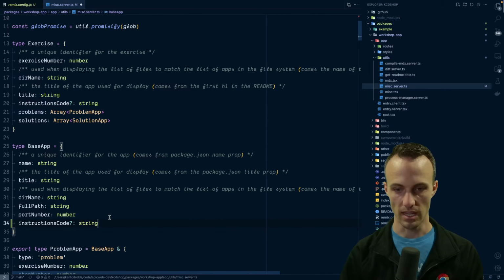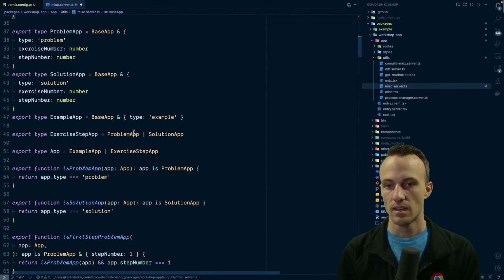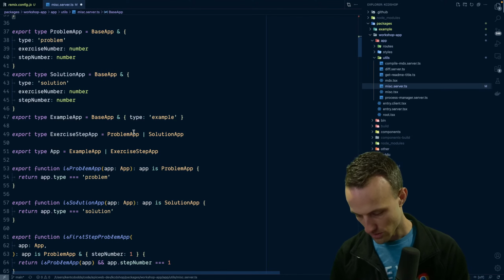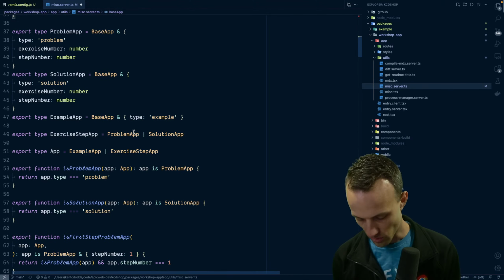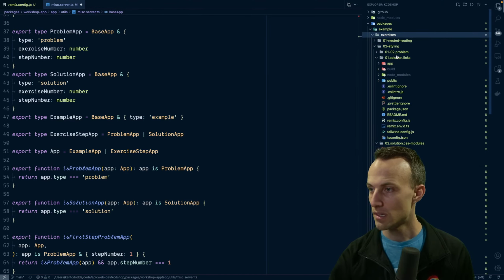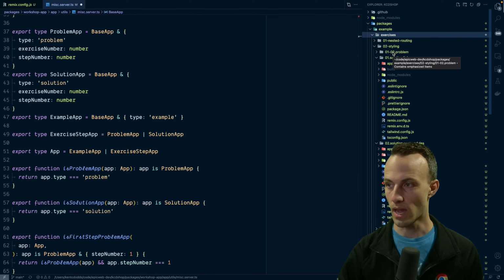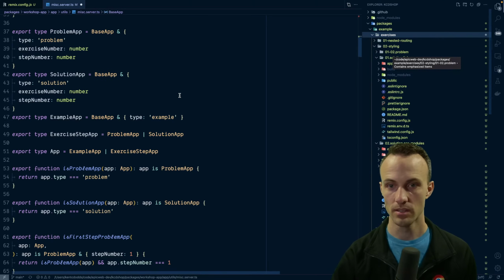Yeah, so every app is going to have instructions code now. And also, an app can be, so there will be, this will count as 2 apps. This will be,